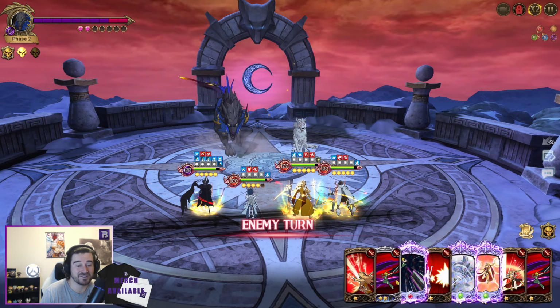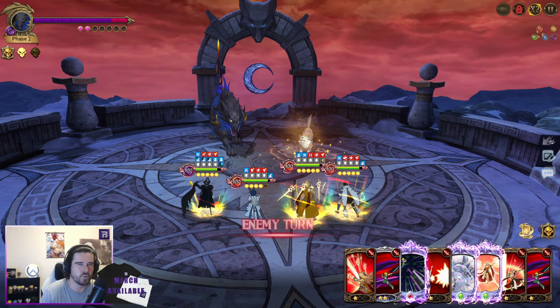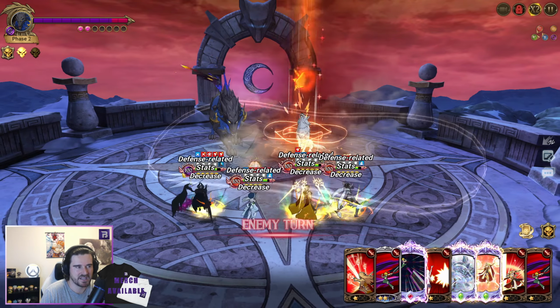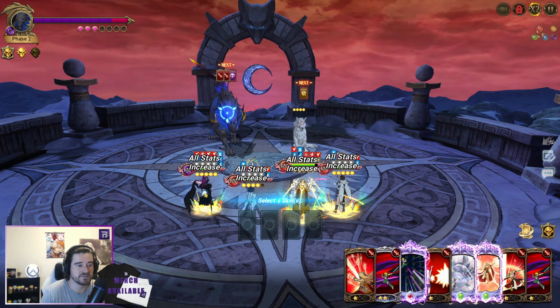We're going to get recovery disabled. I don't care, because I'm just going to cleanse it. Now, do I cleanse one debuff, I think. So I think this is where it's going to get a little bit more interesting. So we've got 4 debuffs at the moment. Is it just the one I cleanse? Removes 1 debuff. Okay. So is it going to be the first 2 or is it going to be the last 2? So I'm going to start with this. I'm going to do this. And then I'm going to do...